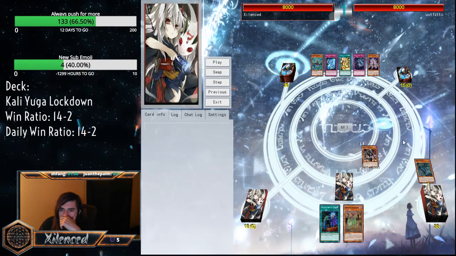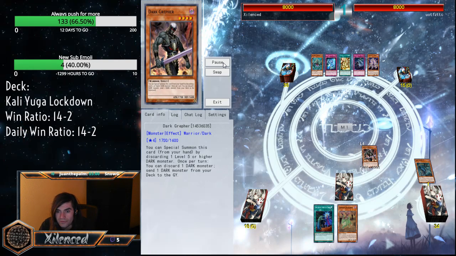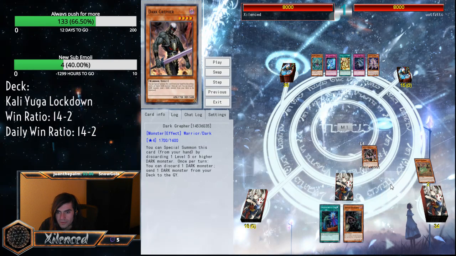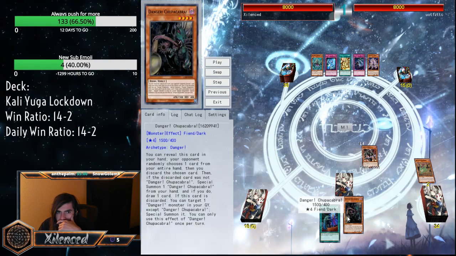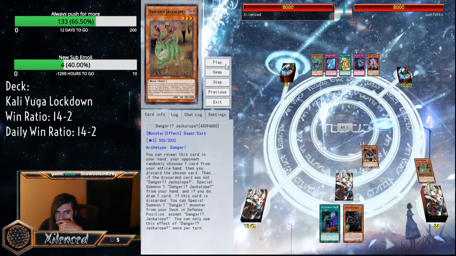So first things first, we're going to pitch off the Danger Nessie here to get a search with the Dark Grepher. You don't need this for a combo starter. We're just trying to get to 2 level 4s as quickly as possible. We're going to go ahead and add the Danger Chupacabra to our hand, and then we're going to discard Danger Jackalope so that